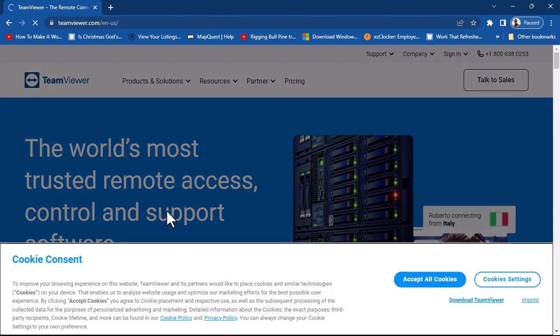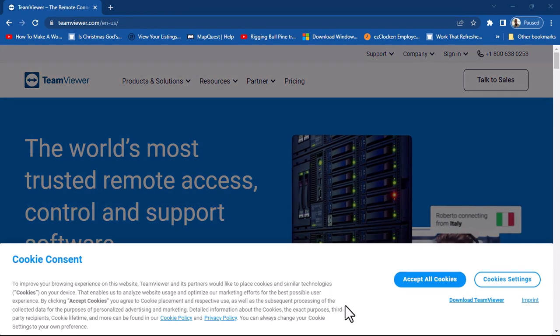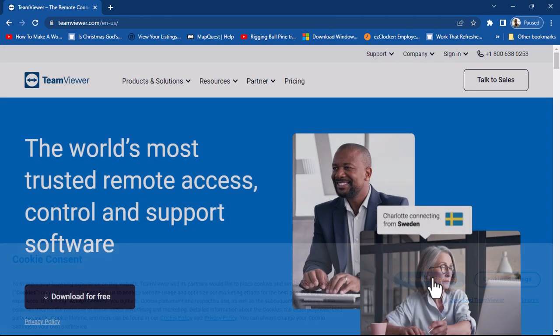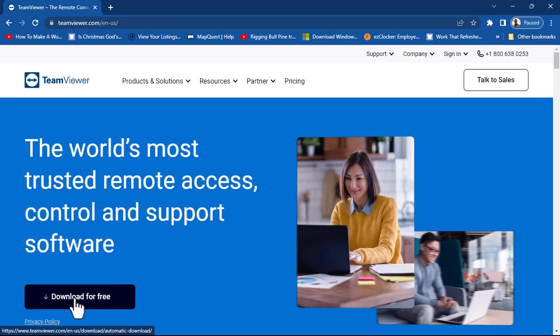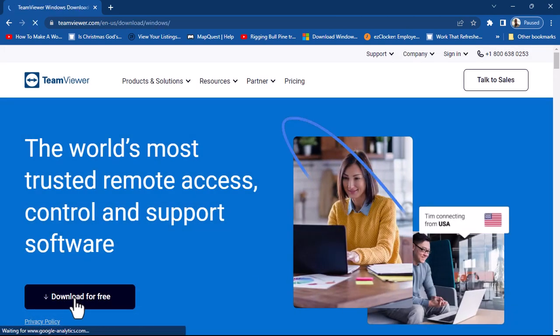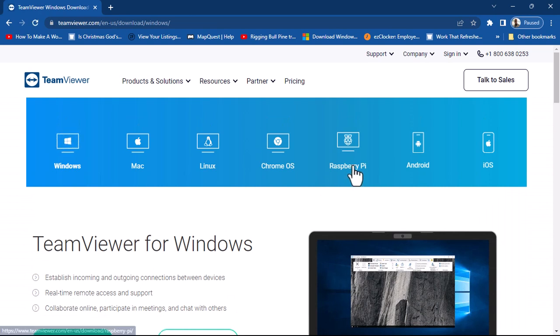Now at the Teamviewer website, accept the cookies. On the left hand side, download for free. On the Google Chrome web browser,